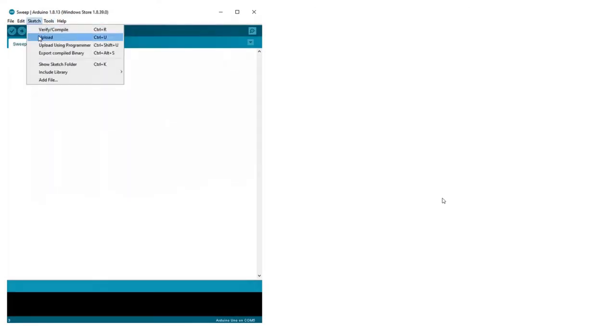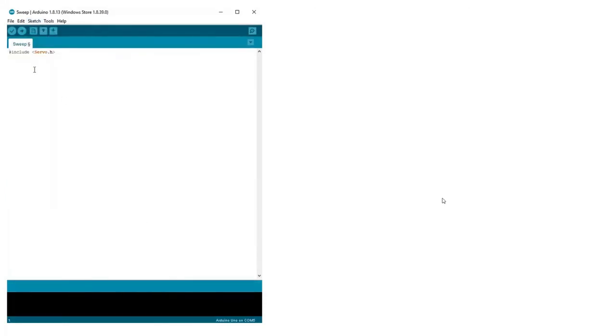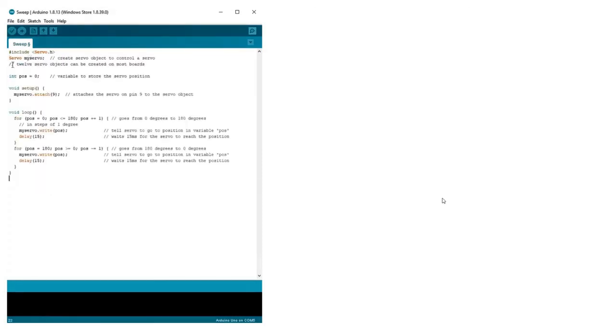Now we'll move to the programming part. After opening the Arduino IDE, we have to select the sketch. After that we include the library for servo. Once we include the library, it will show #include <Servo.h>. Now we'll declare a Servo object and our variable for servo. Then we'll include an integer data type, pos, to control the position of the motor. Then inside void setup, we'll attach my servo variable to the 9th pin.